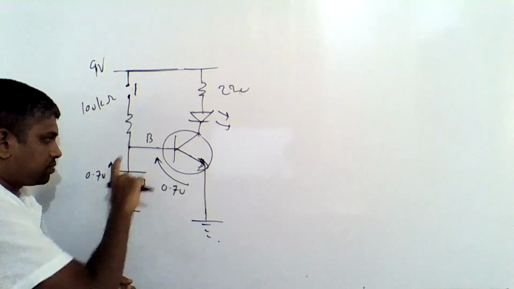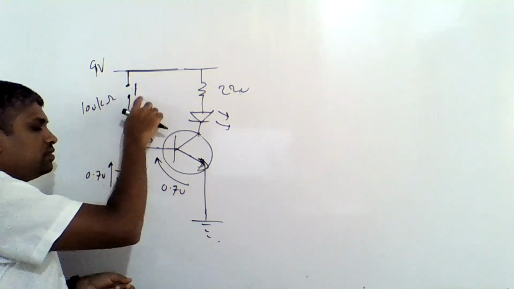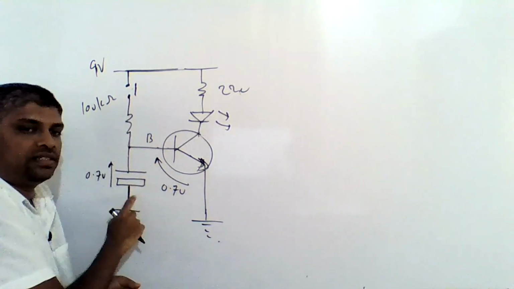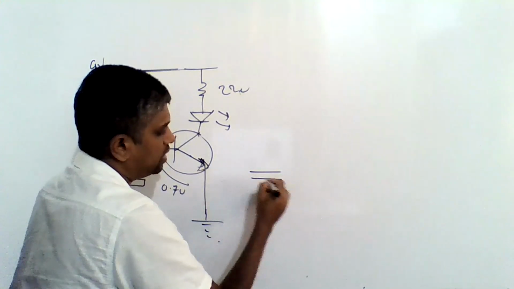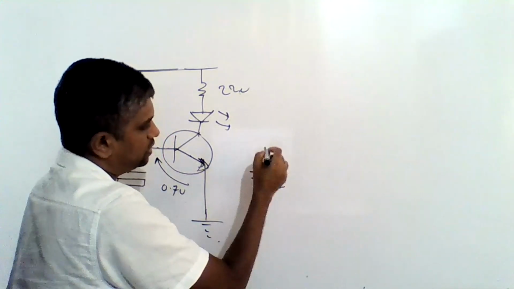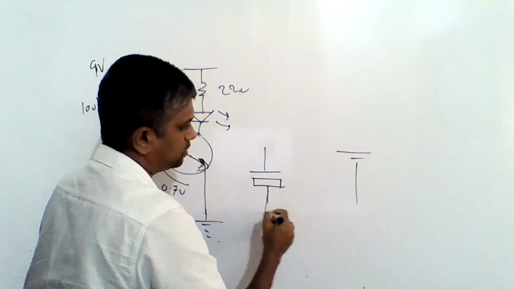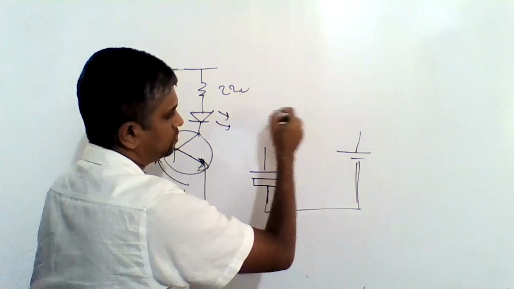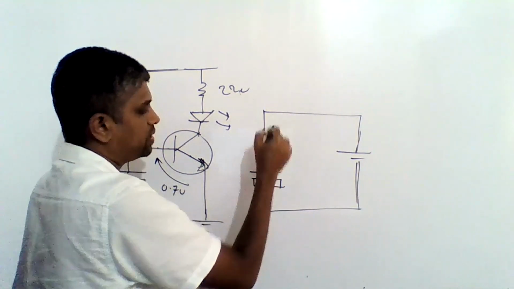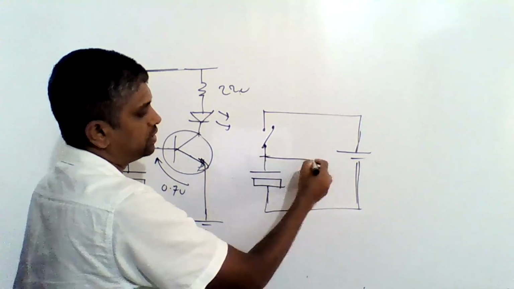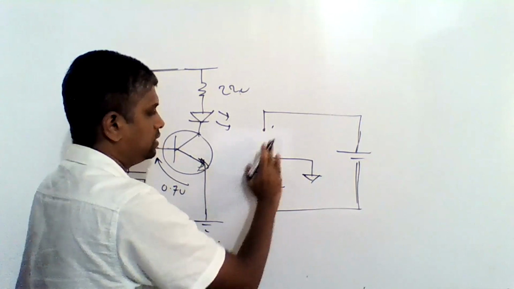Anyway, this capacitor is charged. So when we turn off the switch, the capacitor is acting as a battery, right? Capacitor is acting as a battery. So you have supply here. So you can use a switch here. Use a switch, capacitor will be charged, right? So then if you see something like this,